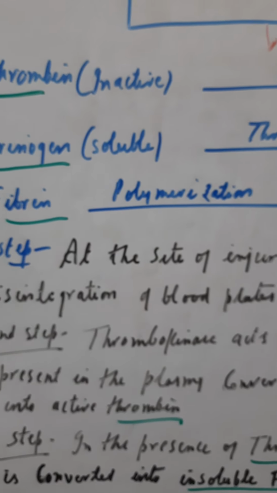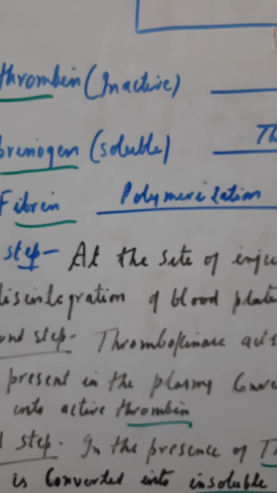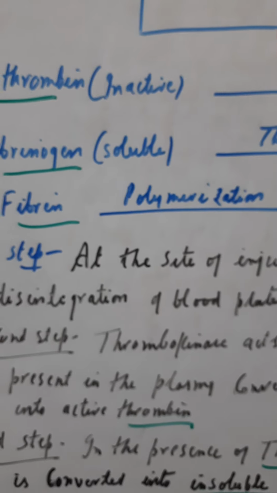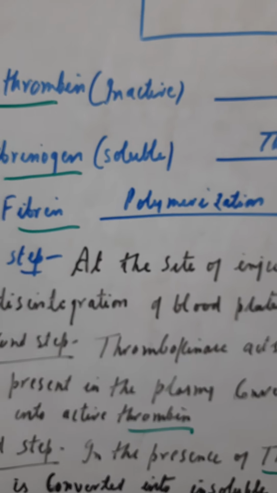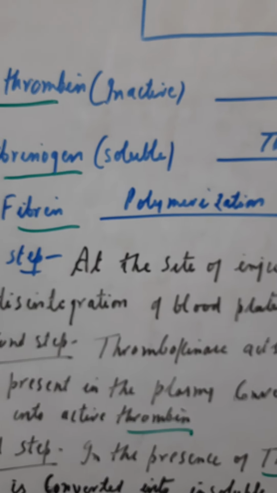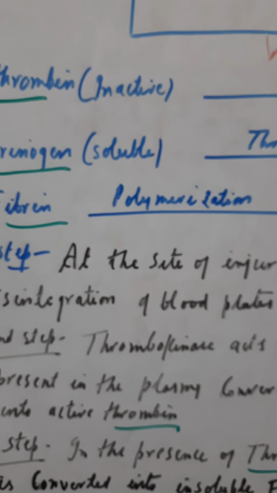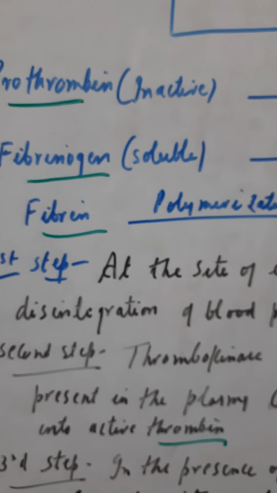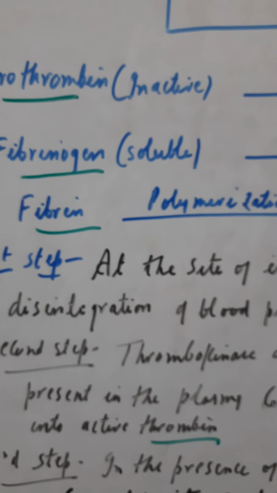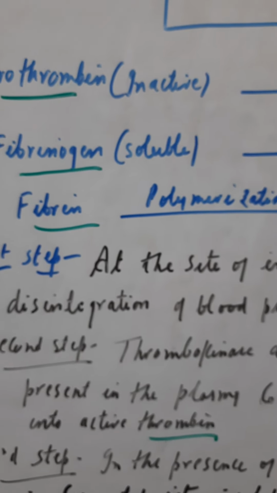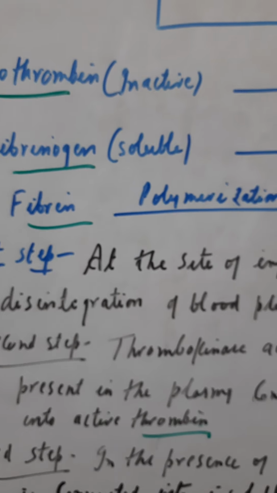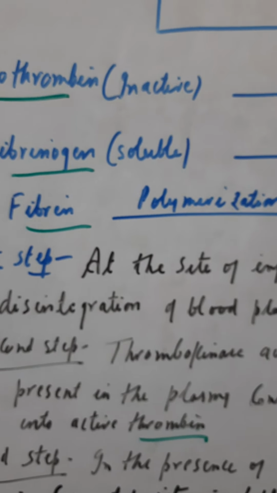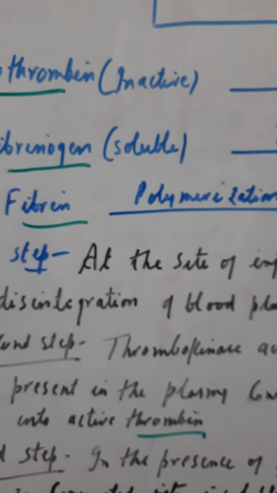If the antigen is capital A, the blood group will be A. If it is B, the blood group will be B. If both A and B are present, then the blood group will be AB, and if no antigen is there, then in that case the blood group will be O. So the four types of blood groups are named according to the type or types of antigens present and are capital A, capital B, AB, and O.